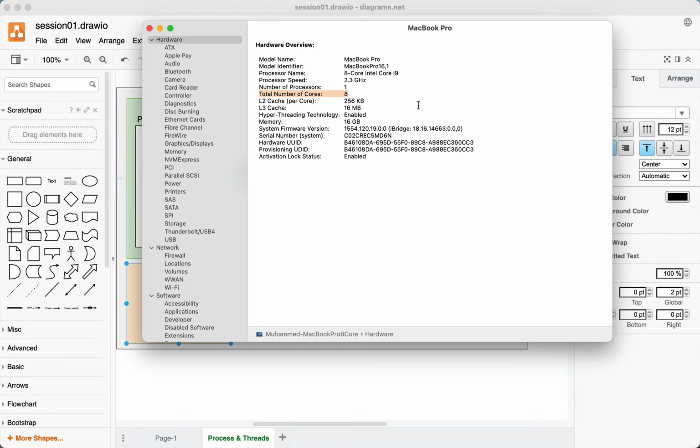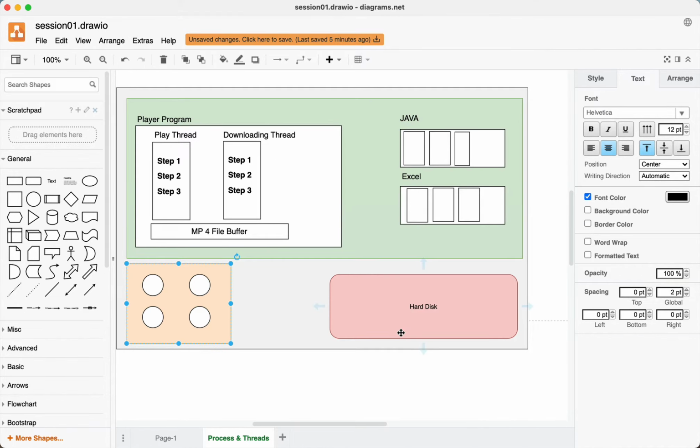It further divides the resources of each core in such a way that 2 threads can execute on the same core. Hence, I'm saying 8 cores, but 16 threads will execute. Well, don't worry about that, but at least definitely 8 threads will execute. Even if hyper-threading is not available, and if you have 8 cores, 8 threads will execute.